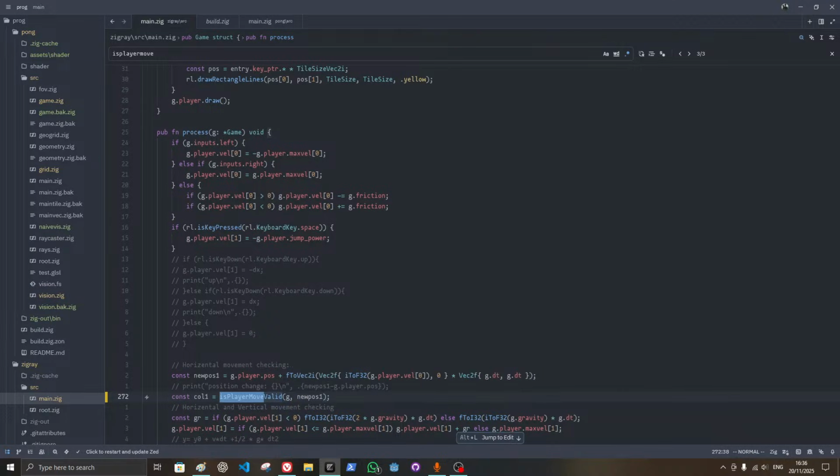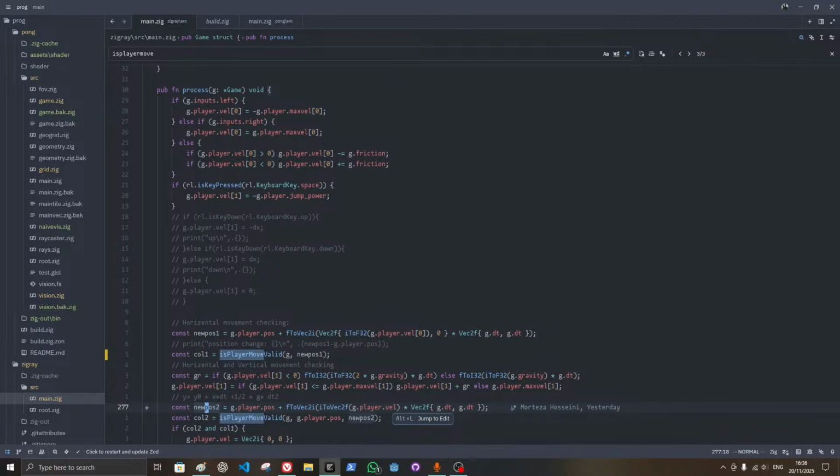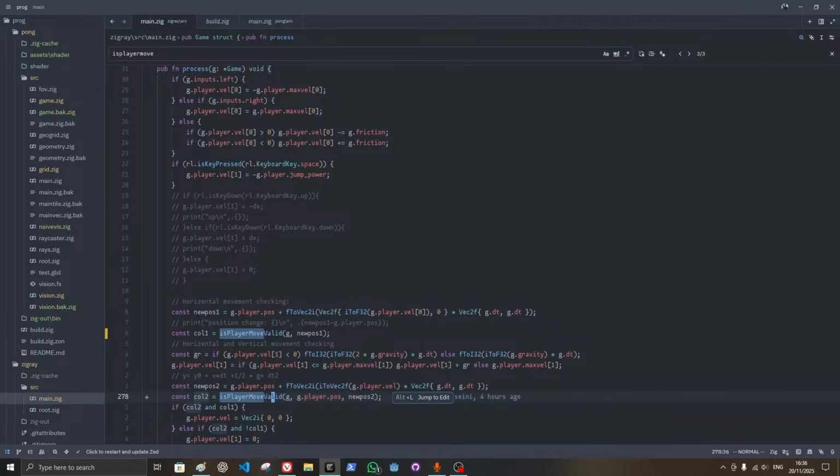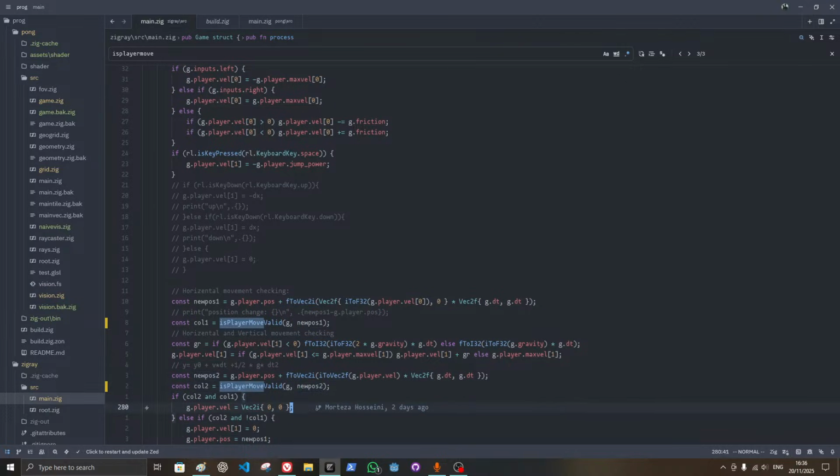Yeah, it's okay. It's just that it returns me a collision point. Collision 1, this is collision 2. Again, I don't need this. So now that I have these 2 points,